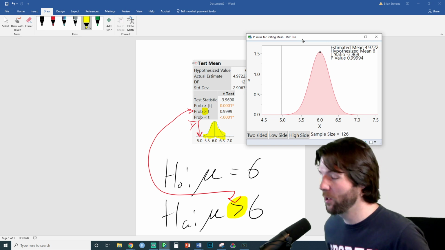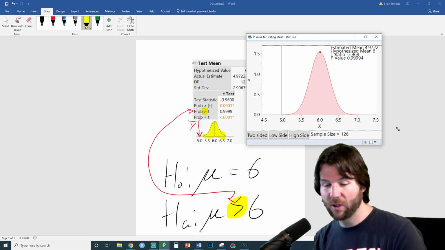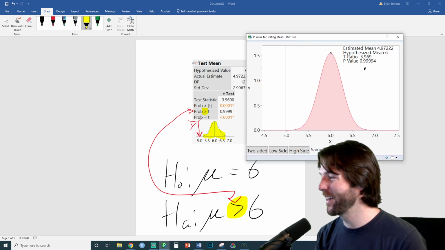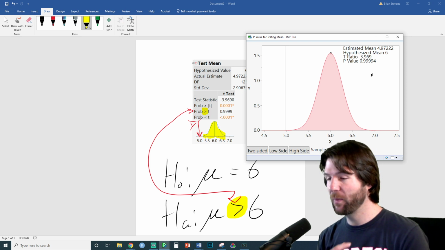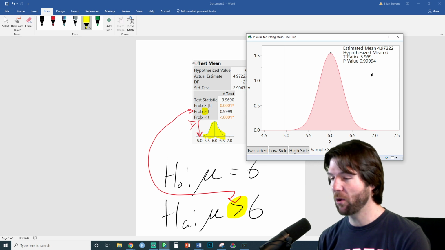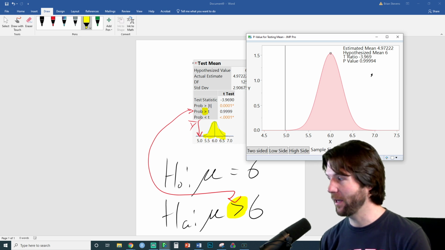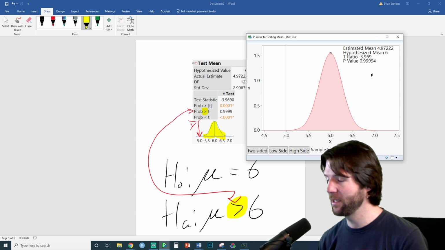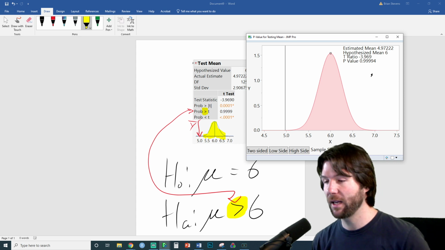And the p-value is 1, which means, well, it's basically 1. You might say, well, it's 0.999994, but the p-value is basically 1, telling us that we do not reject the null. So always make that clear. When the p-value is very high, you let the null fly, and you don't reject the null, so you would not have evidence for the alternative.